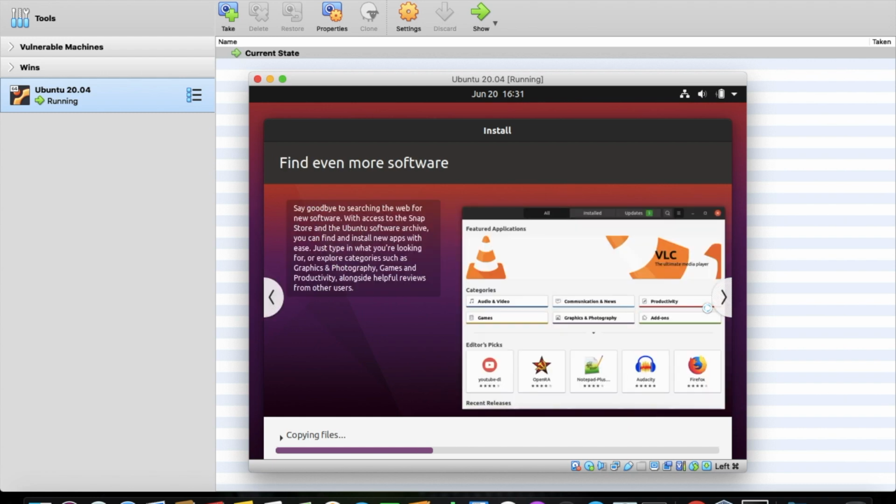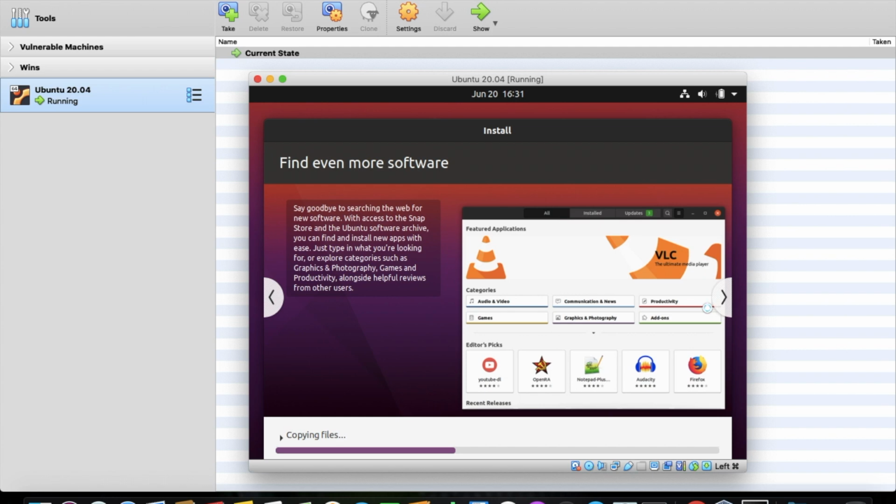I feel that this is the best version of Ubuntu. That's why I wanted to show you how you can install 20.04 in VirtualBox without the requirement of dual boot, because dual boot creates a lot of problems.